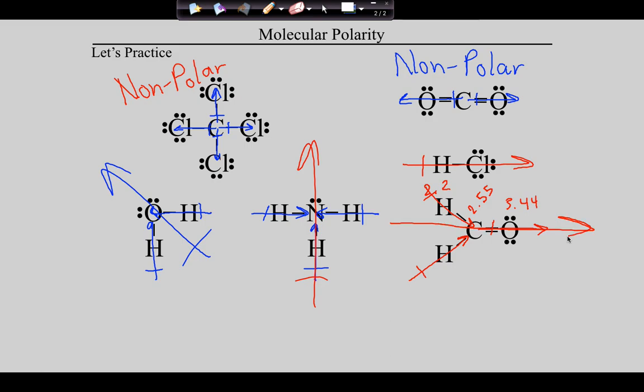So we're going to go like this for the overall polarity. You get the idea? So, Caitlin, you had a question. The HCl, it's polar. The reason is because